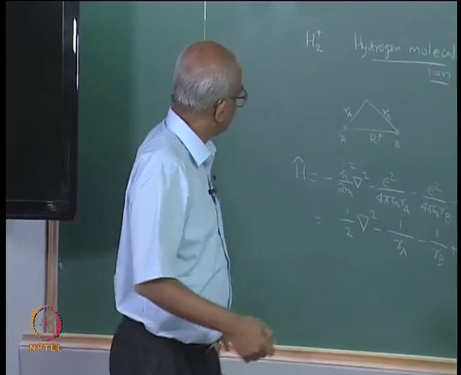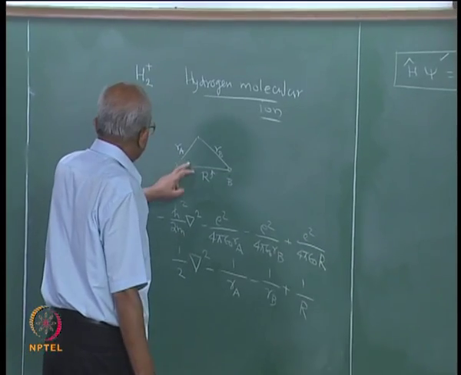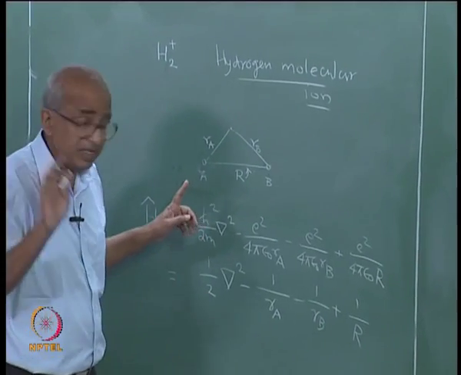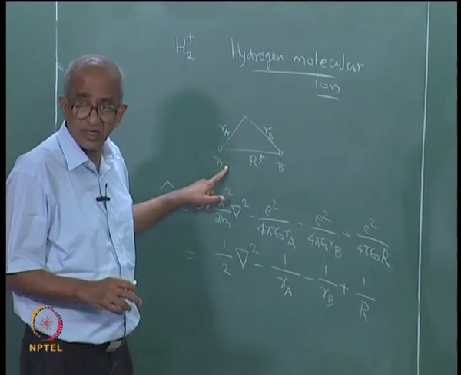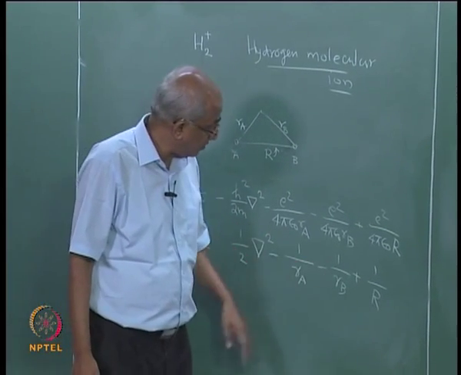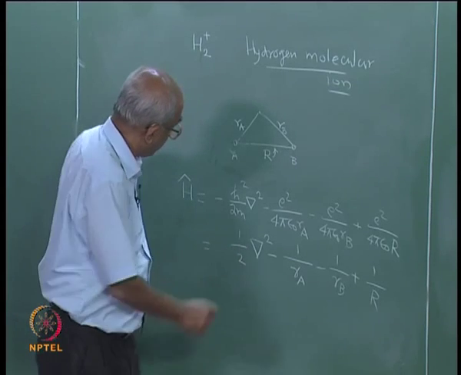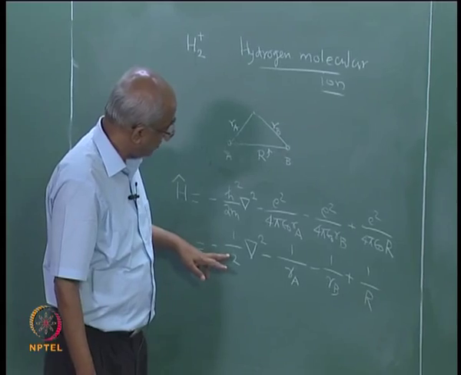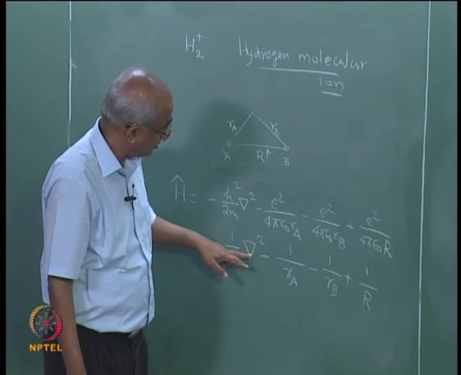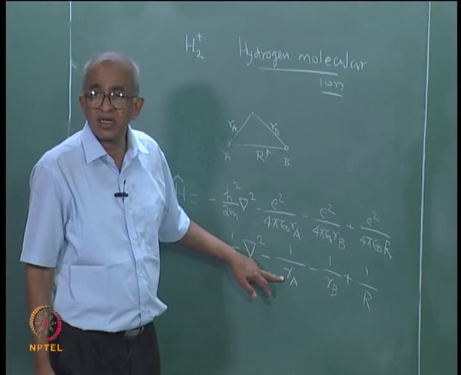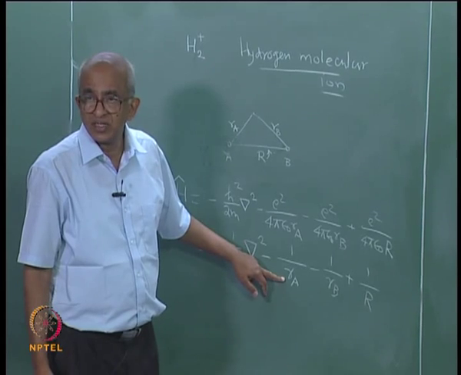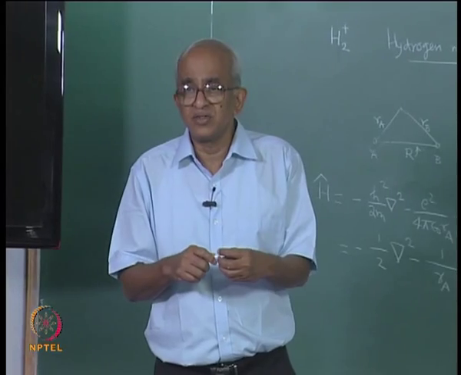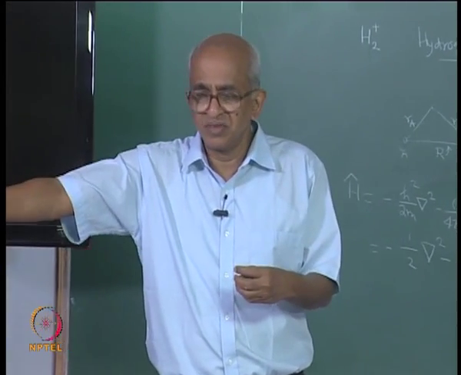Therefore as an approximation, suppose I say I am interested in the wave function in this region, then I do not really have to worry about this Rb, only if you are interested in this region near the nucleus. So if you do not worry about Rb, what will happen? The Hamiltonian is, well, I forgot to put this negative sign, but it is there, you should know that. Then what will happen is that the Hamiltonian will be kinetic energy minus the electron interacting with nucleus A. And if you have a single electron interacting with a single nucleus, we are neglecting the influence of the other nucleus,